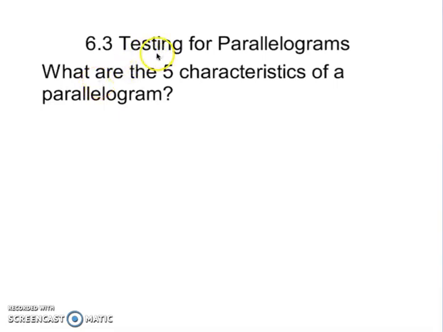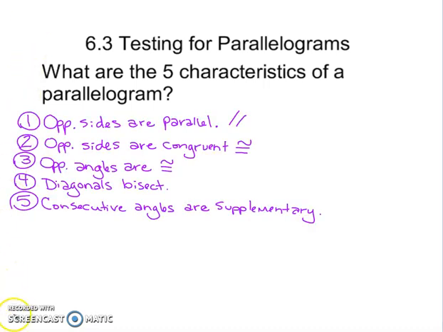These notes are on testing for parallelograms. So this question is asking, what are the 5 characteristics of a parallelogram? So the 5 characteristics that we've learned of a parallelogram are right here. First one, opposite sides are parallel,